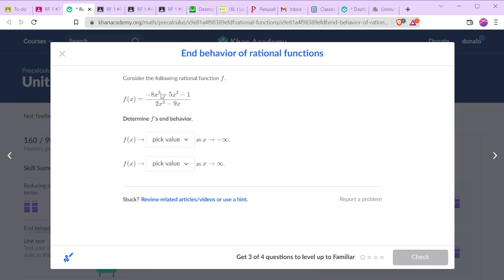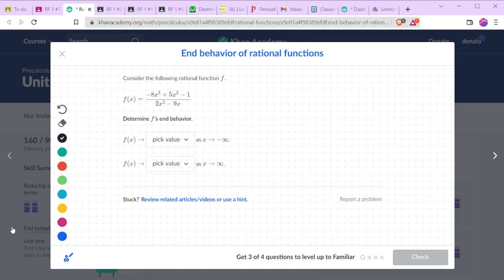So as we're looking at end behavior, we identify the term, because it may not be written in order, with the highest degree. In this case, in both numerator and denominator, we have an x cubed term. So if we were going to simplify that, as x goes to, with an arrow, either positive or negative infinity, f of x is going to go to roughly a negative 8x